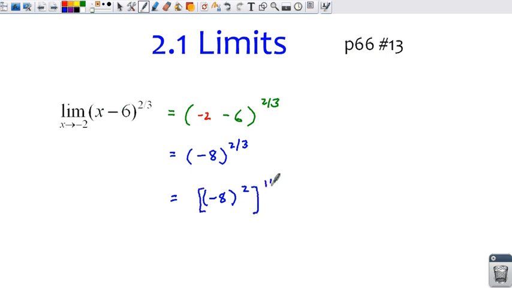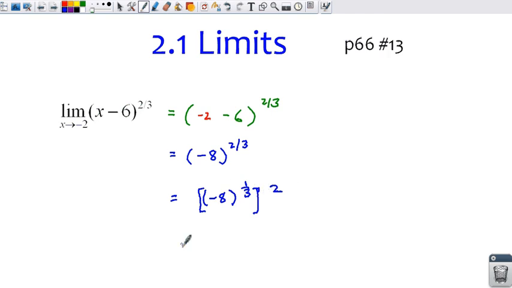In situations like this one, we know that we can multiply the exponents. 2 times a third is indeed 2/3, so we can do that. In fact, that's not what I wanted to do. Whoops, let me do that in reverse. 1/3 times 2. Okay, the same principle applies. A third times 2 is 2/3, so this is a legit move. And so now if we know what negative 8 to the 1/3 is, then we can figure out the answer